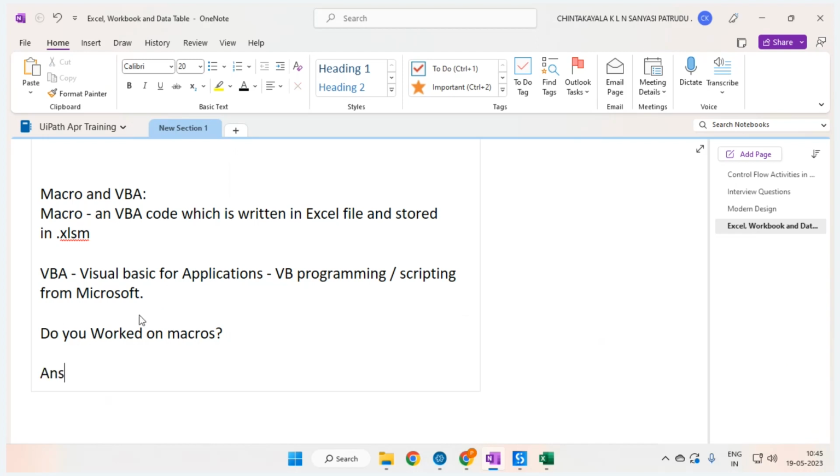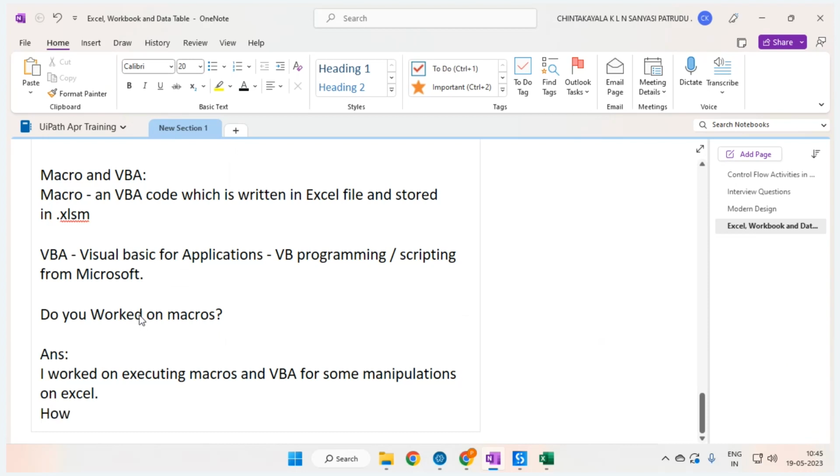So generally what I answer is, I worked on executing macros and VBA for some manipulations on Excel. How I generally develop